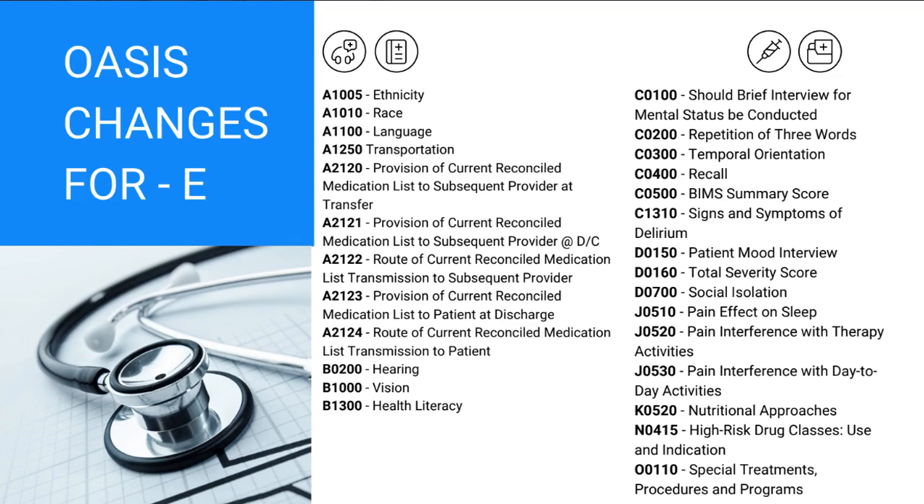A1005 ethnicity, A1010 race, A1100 language, A1250 transportation, A2120 provision of current reconciled medication list to subsequent provider at transfer, A2121 provision of current reconciled medication list to subsequent provider at discharge, A2122 route of current reconciled medication list transmission to subsequent provider, A2123 provision of current reconciled medication list to patient at discharge, A2124 route of current reconciled medication